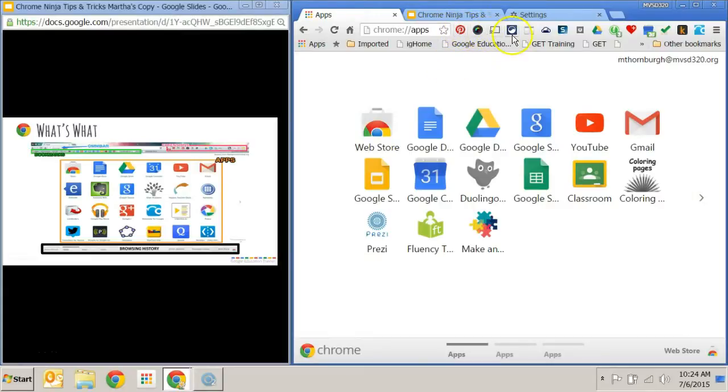These things up here are called extensions, and these are things that you can go to the web store and install on your computer. That's also where you get the apps, at the web store. So if I go to the web store,